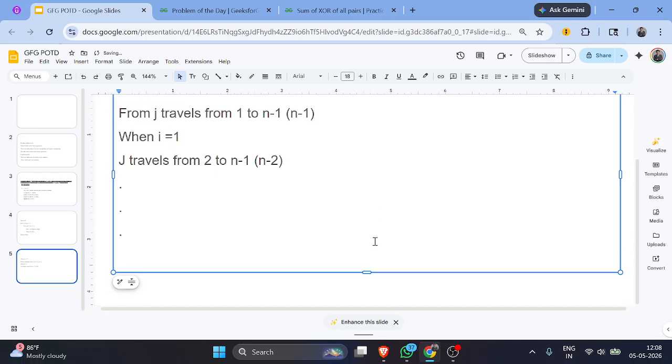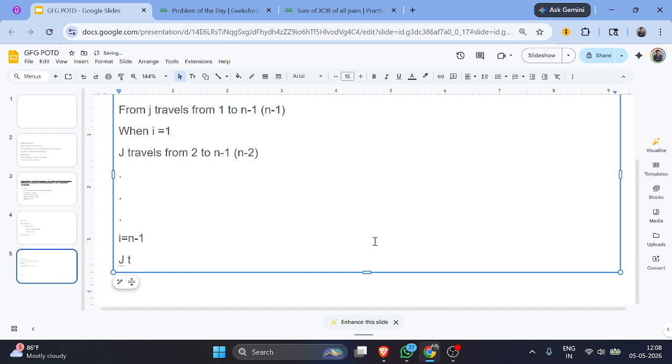So it will continue to i equal to n minus 1. Then j travels from n minus 1 to n minus 1 itself. I equal to n minus 2, sorry, n minus 1. That is how many elements? That is one element. So if we sum them up, like how many times it is taking,